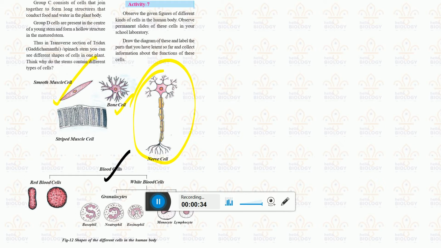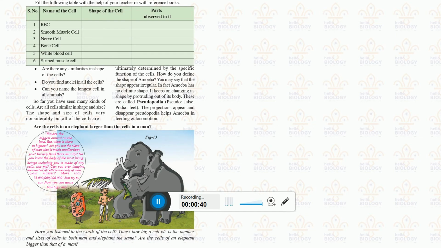And we will complete this chapter by this session. The conclusion part is there, which is most important for this chapter. This is the conclusion part. And now here a tabular column is there clearly, which is used to mention different kinds of parts. That means the shape of the cell.